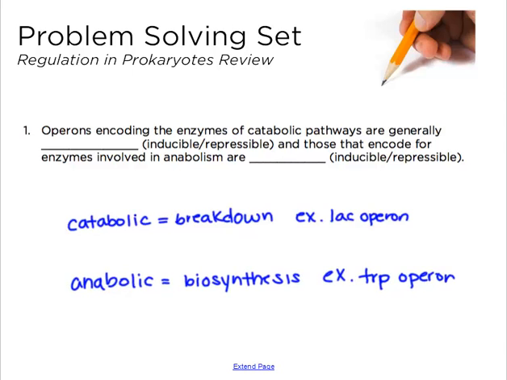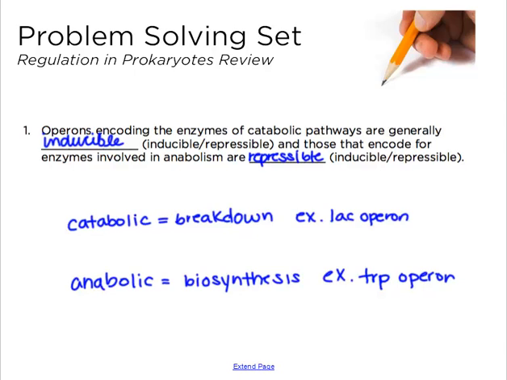Okay, so we know that enzymes of a catabolic pathway, a breakdown pathway, are generally inducible, such as the lac operon, where the lactose is the inducer, really allolactose. And those that are involved in anabolism or biosynthesis are generally repressible, just like the trp operon, where it's only repressed when there's an excess of tryptophan that binds to the repressor